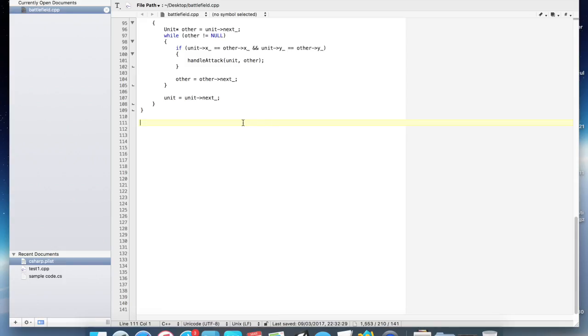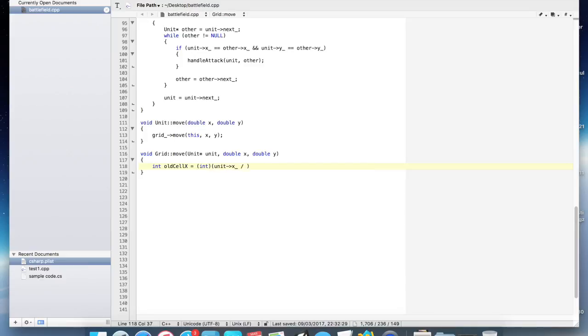So we've now solved the performance problem, but the new problem is that the units are stuck in their cells. So if we move a unit past the boundary of the cell that contains it, units in the cell won't see it anymore, but neither will anyone else, so it's kind of pointless. But it's easy to fix. To fix it, we basically need to do a little work each time a unit moves. So if it crosses a cell's boundary line, we need to remove it from that cell and add it to the new one. So first, we give the unit class a method for changing the position, and that's the method